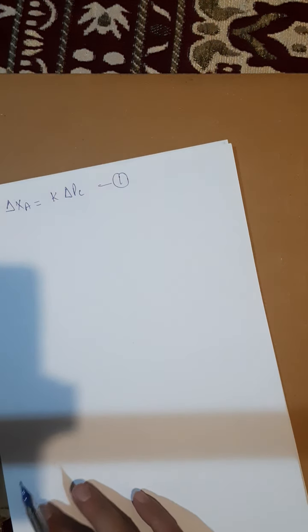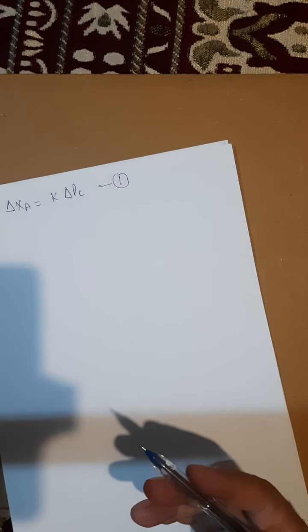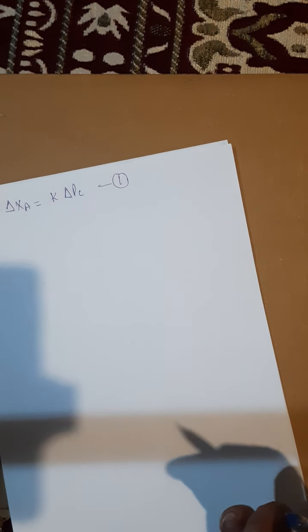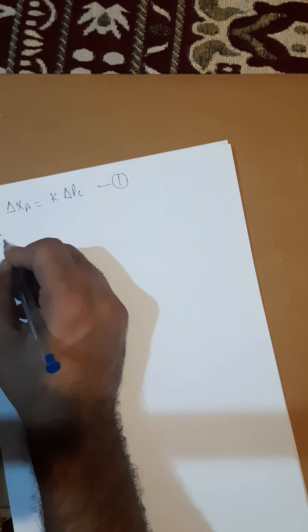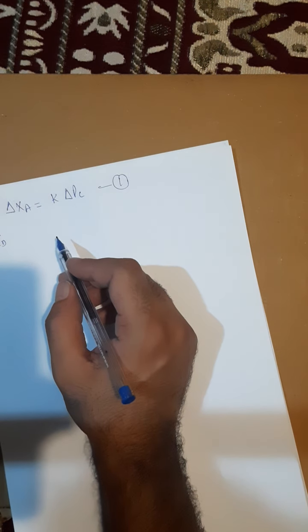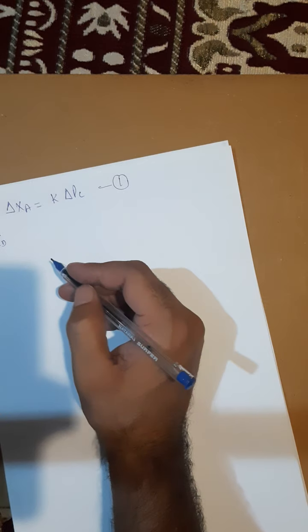Next, because of the movement of point C, point D also moves from its reference value by some amount. I am saying delta xD. For small movement of point D from its reference position, that is delta xD, is the amount by which the